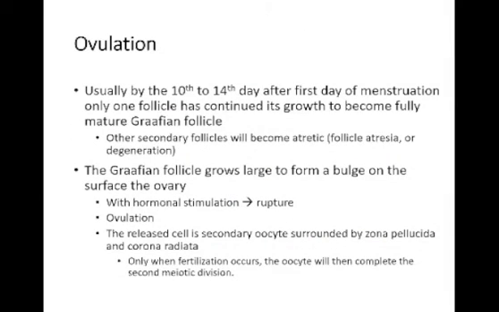Ovulation usually starts by the 10th to 14th day after the first day of menstruation. So it depends. It is not a fixed number. Some girls may have ovulation earlier, and some a little bit later. It depends on how many days are in their cycle. Some girls have a 28-day cycle, but some may have a 40-day cycle. So ovulation usually happens in the middle of the cycle, but it is not usually predictable,